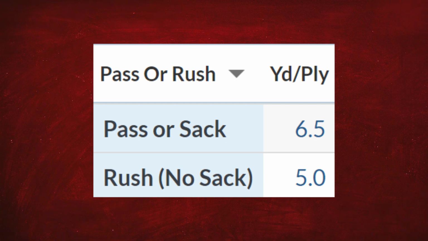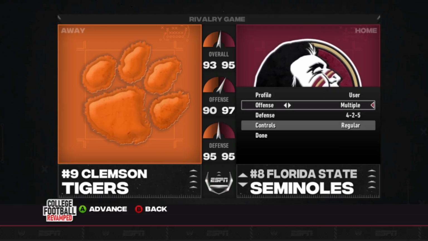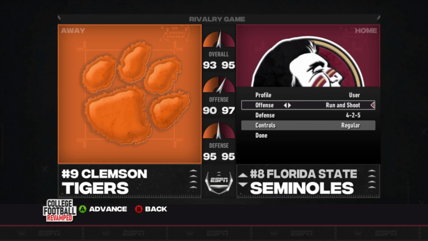This has led to an explosion in passing concepts, and that in turn has led to a lot of different ideas on how to structure offenses. There are many ways to split up offensive philosophies. Firstly, you could create broad categories based loosely off coaching trees and common concepts. That leaves you with divisions like the flexbones of the service academies, the air raid, run and shoot, or quote-unquote pro-style offenses. This is the most common way people tend to talk about offenses, and the one that video games like Madden and NCAA tend to rely on most.